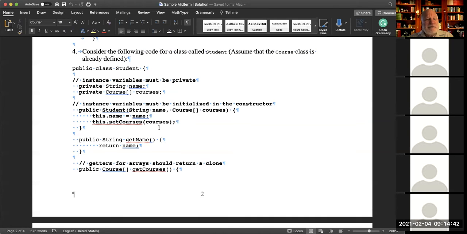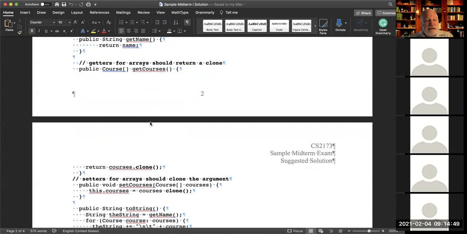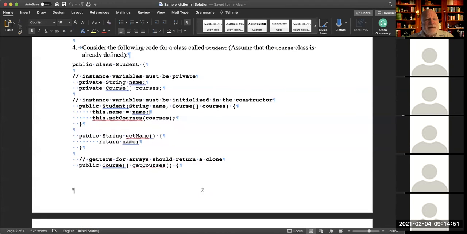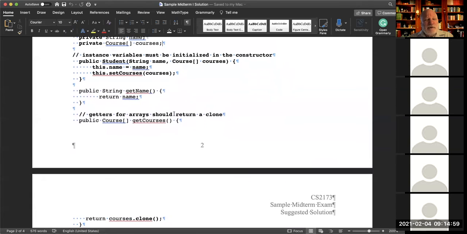So in this particular class, the name was immutable. That is, it didn't have a setter, but the instance variable, the array of courses, did have a setter. And so generally when possible, you should use the setter method.